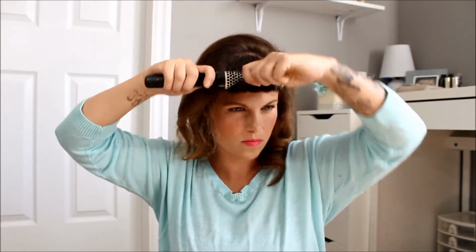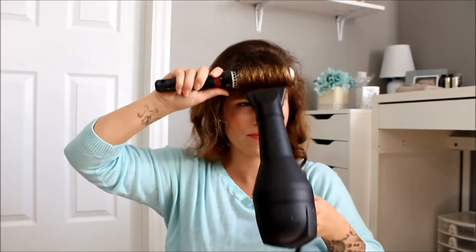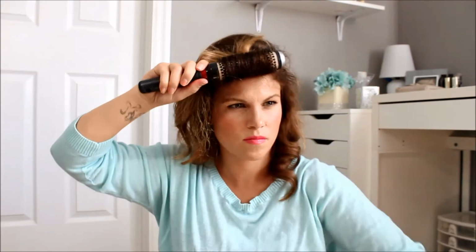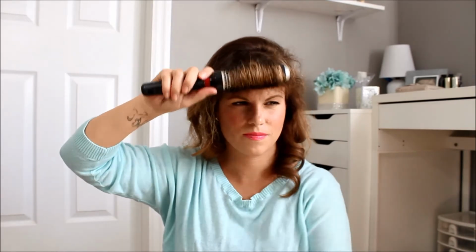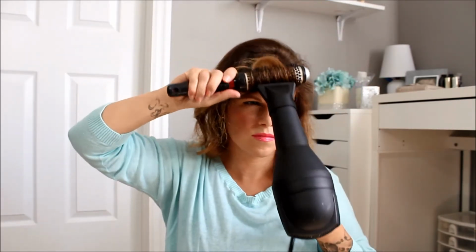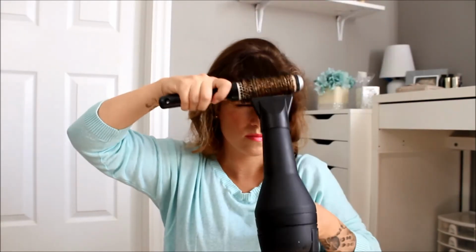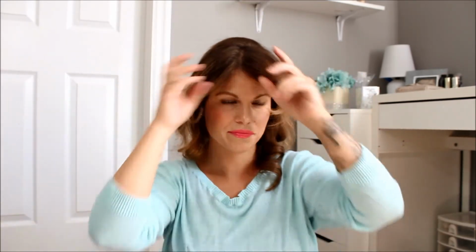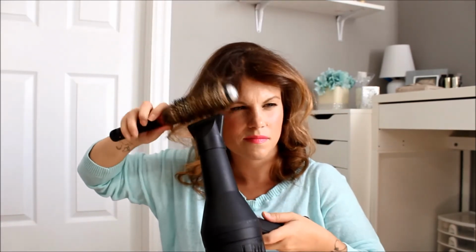And then the front section, if you have more hair than I do, you'll probably have a few more sections, but I don't have that much hair, so I can do this in just 2 sections. So I take the front section and I do it forward. You could also put my brush on top and go back. This is going to give you a little bit more volume, and it's going to flip your top layers away from your face. You can also blow dry it with the brush underneath your hair, going towards your face,